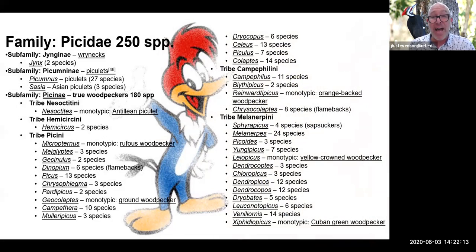The family is vast, and we saw the distribution worldwide. Here's a breakdown of the family. The family is known as Picidae. What we're not going to do today is go through each one of these different genera and talk about them. That would be snoresville. What we'll look at are the members that are right here in Pinellas County. I can tell you, though, throughout this family, the Picidae, from the little piculets, those little tiny wren-sized ones, to the giant slaty,